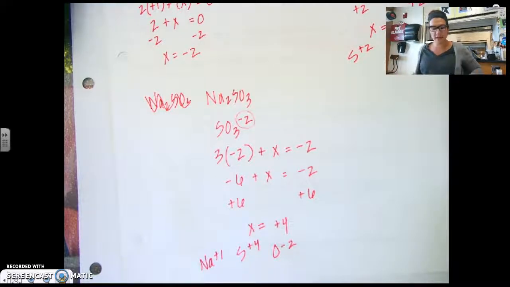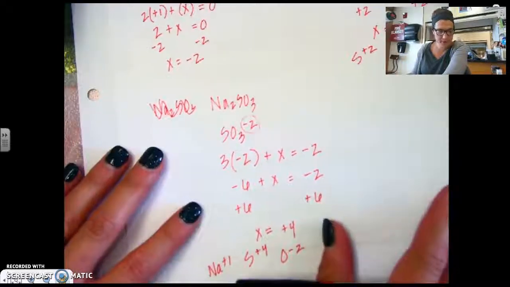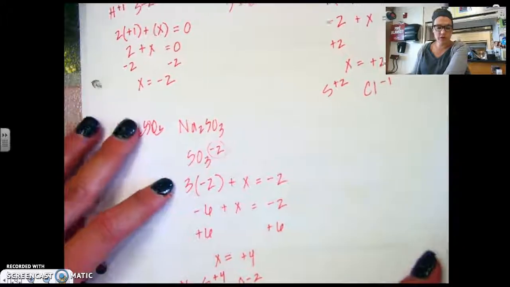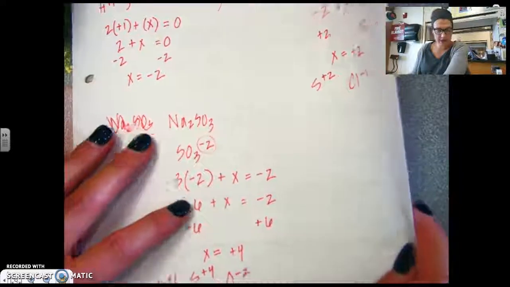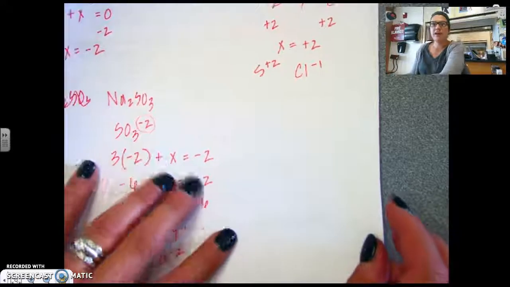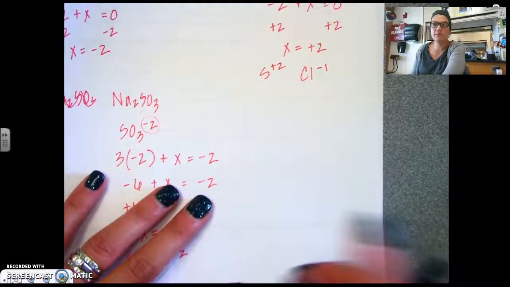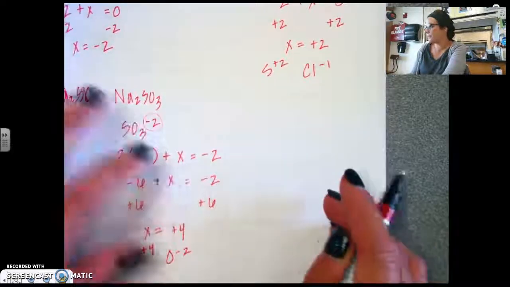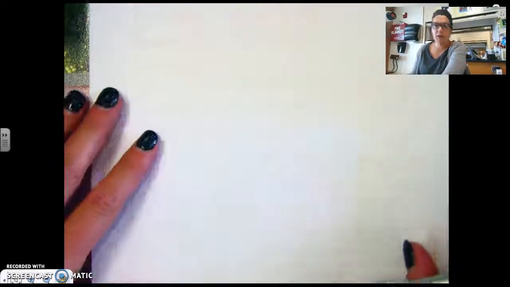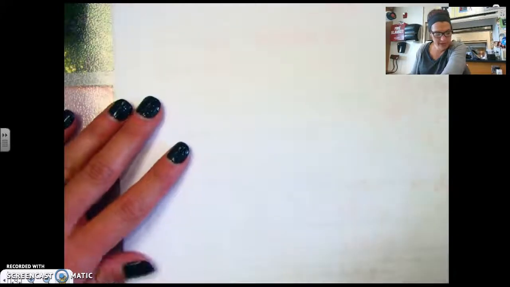Let's look at another sample problem on page 4.9. So 4.9, it's asking us to write a net ionic equation for a compound and then to find out who's being oxidized and who's being reduced throughout the chemical reaction. Okay, so let's see here. So the question states, if I have